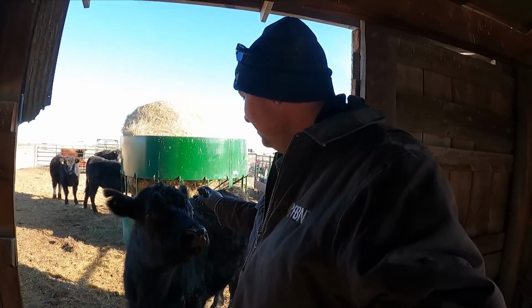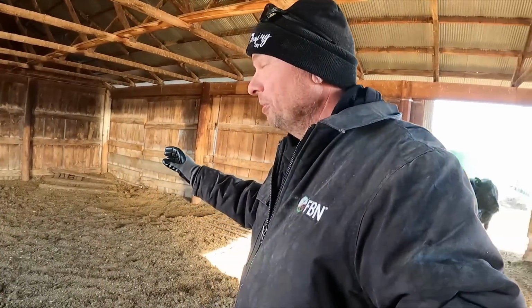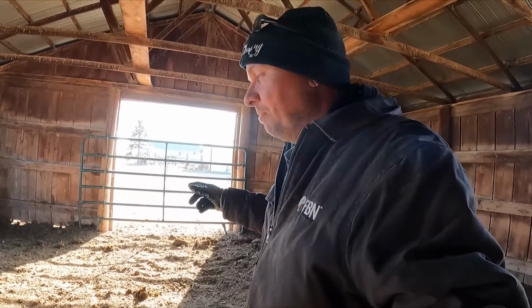We're going to take a look at them in just a second. And this is the B side. Now, the B team has a shed. We're in it right now. They can get in here and get out of the weather, although it is a little breezy today. They can hide out, whatever else they need to do. The A team, unfortunately,